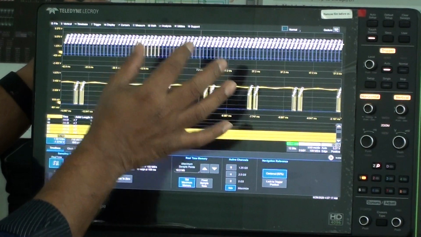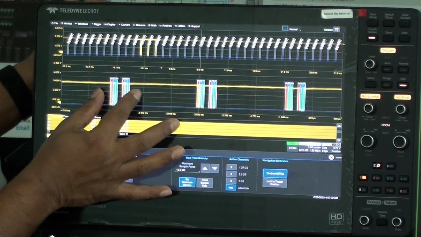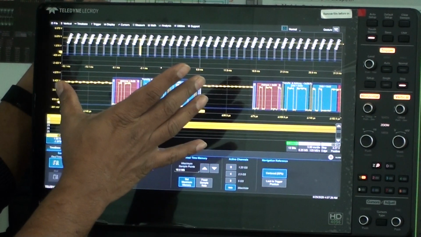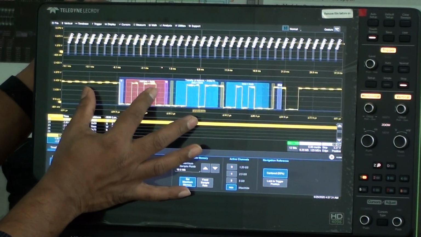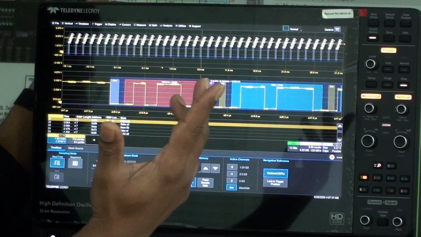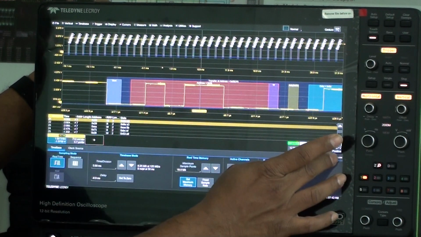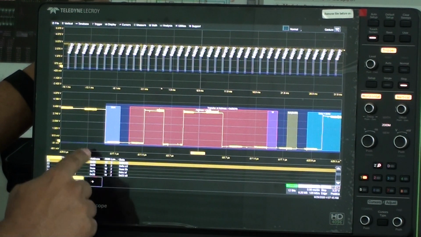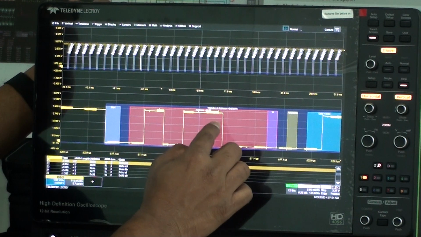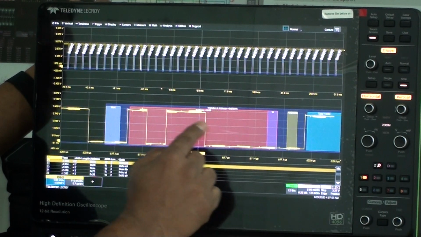Well, let's take one particular decode here. I'm going to stop for ease of use. So let's just look at this. If you look at the color coding on this, it's very interesting for you to understand. I am looking at just a start frame. I2C has different frames, so I am just looking at a start frame, and if you could see this clearly, I get here the list of decoded data, the start frame, and this is my address at 0x58. This is a write bit, so it mentions that this is a write bit here.